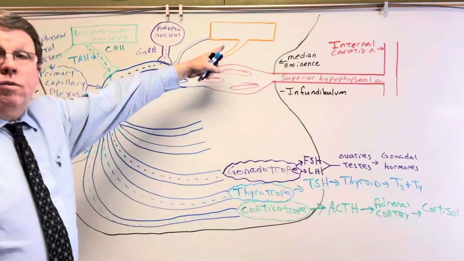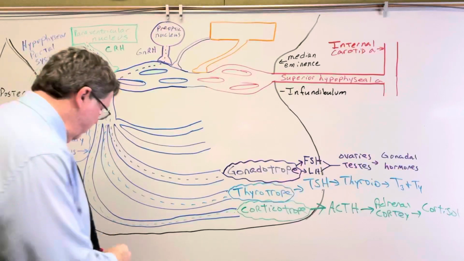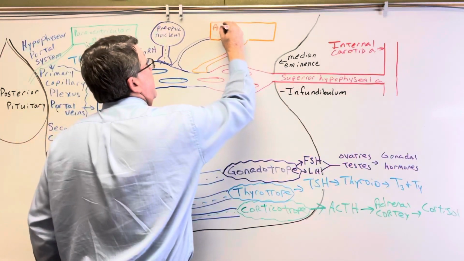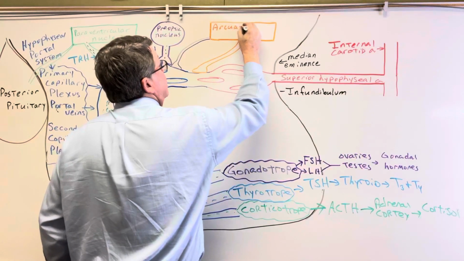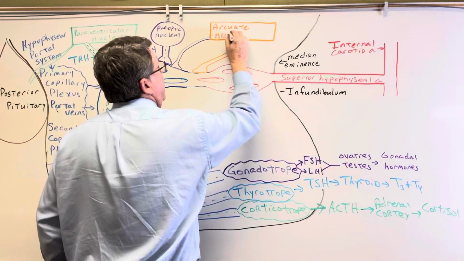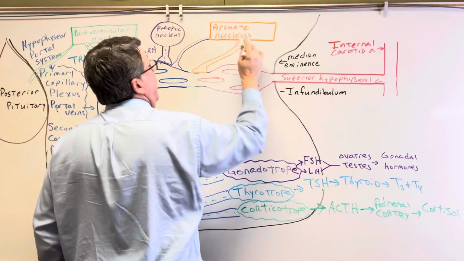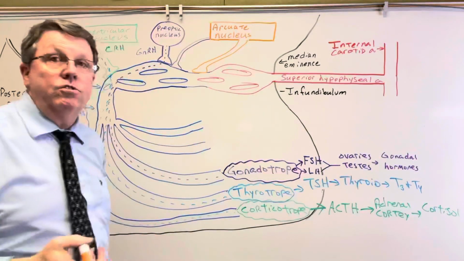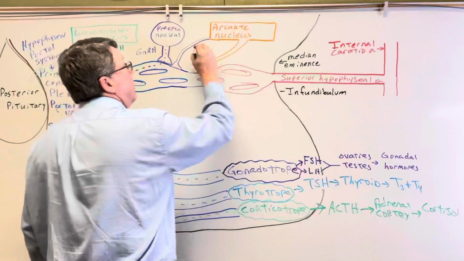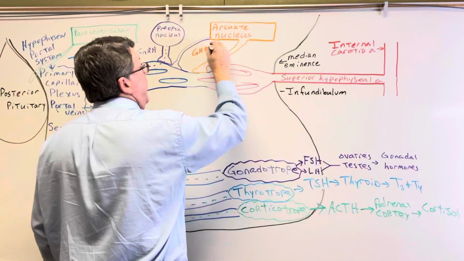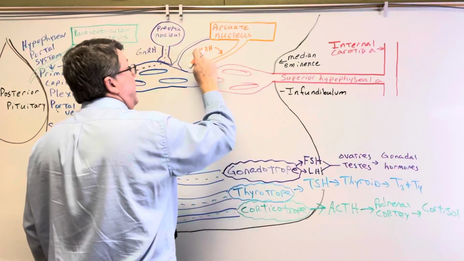So now, we have this guy right here. So what do we have with this? This is going to be called our arcuate nucleus, right? That's our arcuate nucleus. Okay, and this is also going to release two different types of hormones. The first one we're going to talk about is something we call GHRH, and GHRH